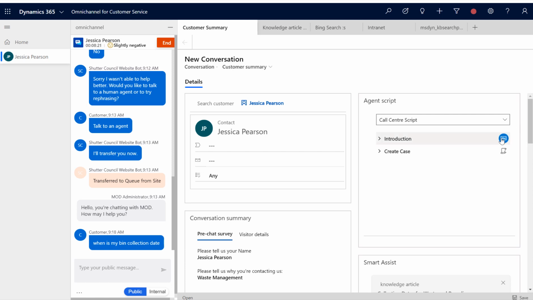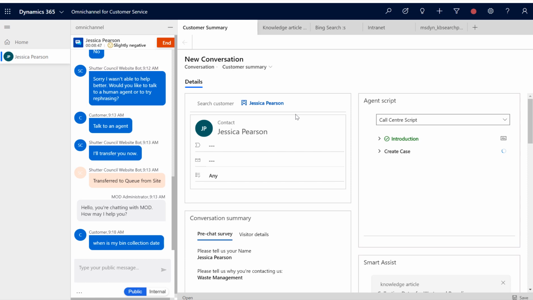Now, the fact that we've actually introduced ourselves, we can mark that as complete by just clicking on the icon. The next thing to do is we want to be able to create a case. Now, when we create a case, this is using a macro and pulling information from the conversation that we've had so far in order to create the case.